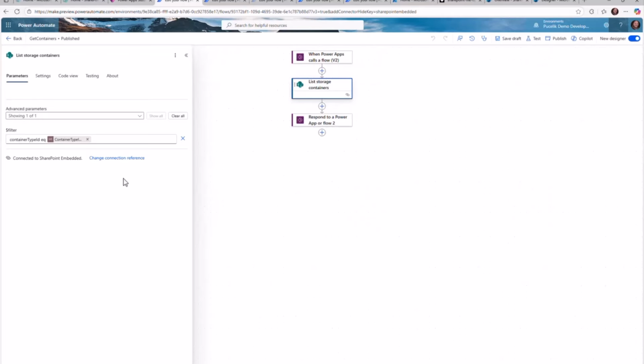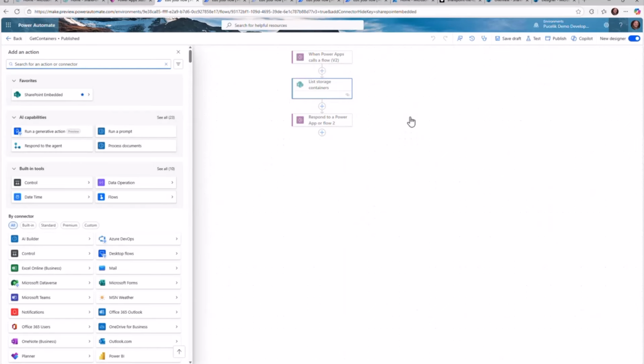And that's exactly what I want to get. I want to get back all of the containers that I have in my application so I can show that to the users, security trimmed, of course, and they can start to navigate through the files that are in that container. But if I wanted to add a new connector,